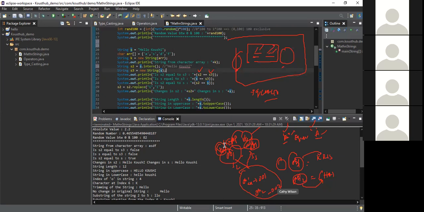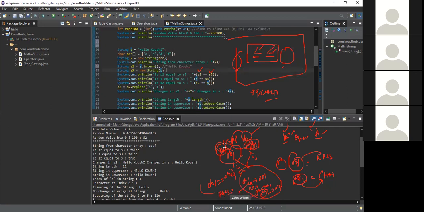Now, when you use obj1 double equal to obj2, it will point to your memory. In this memory, what is there? Chris is there. In this memory, what is there? Chai is there. Are both equal? No. Then what will it return? False.